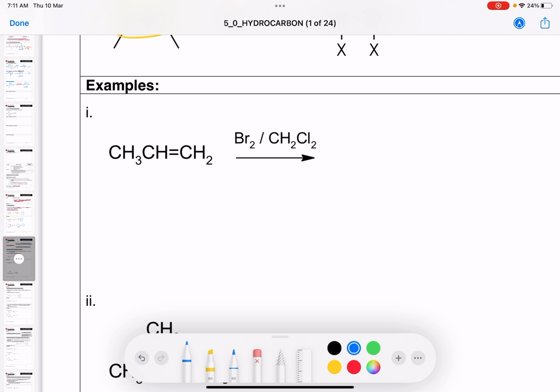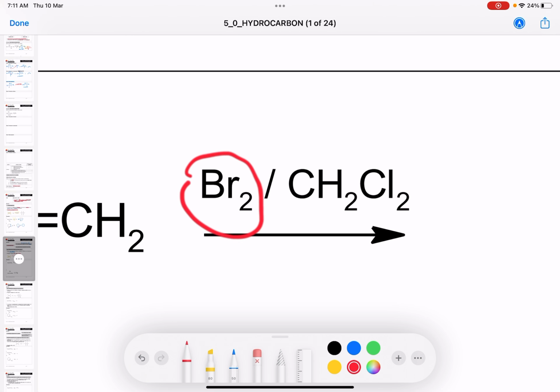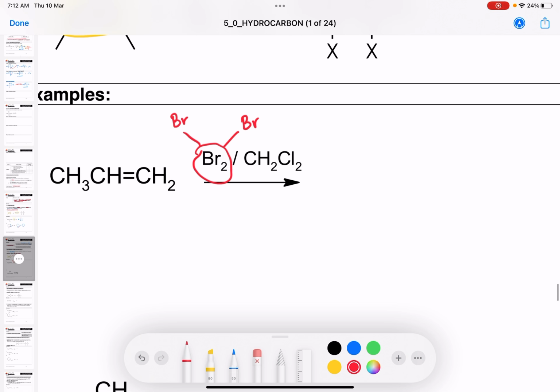Okay, so here we have propene, and our reagent is bromine. So you have to look, this is bromine. So bromine, we have Br and Br. So both of the Br will be added to this propene. And we're going to get